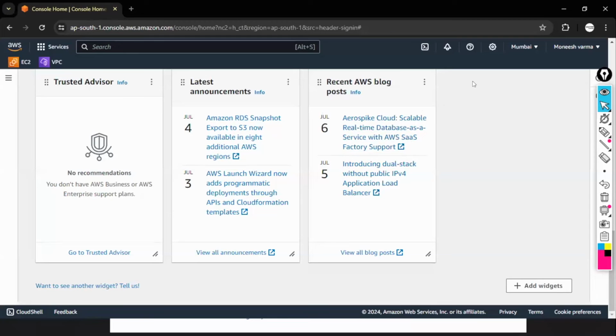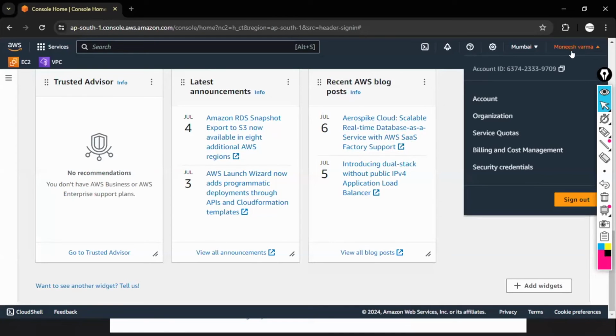Next one is billing related: how bills are generated. If you want to see how much billing is generated till now for this month, go to Billing and Cost Management.